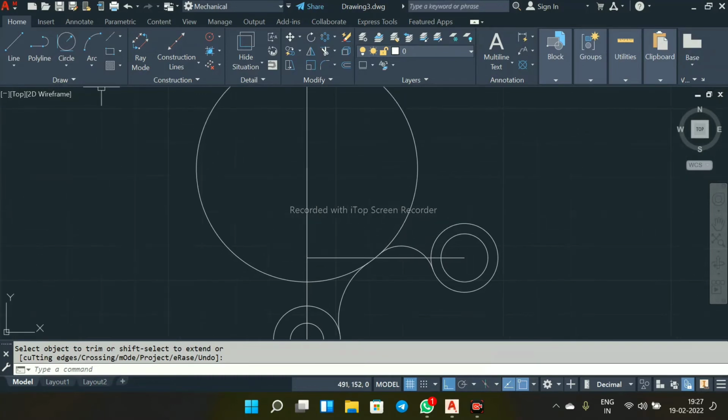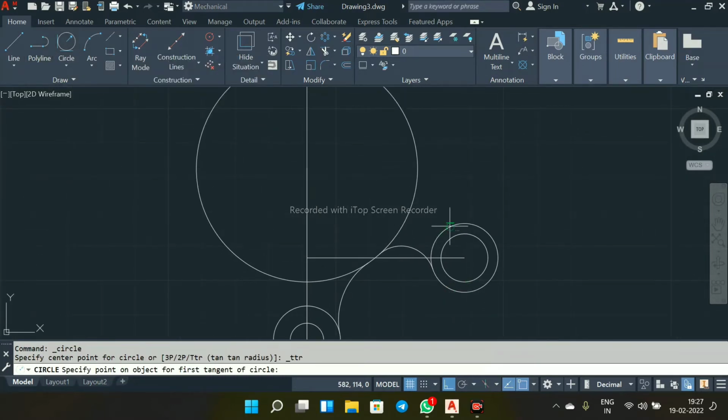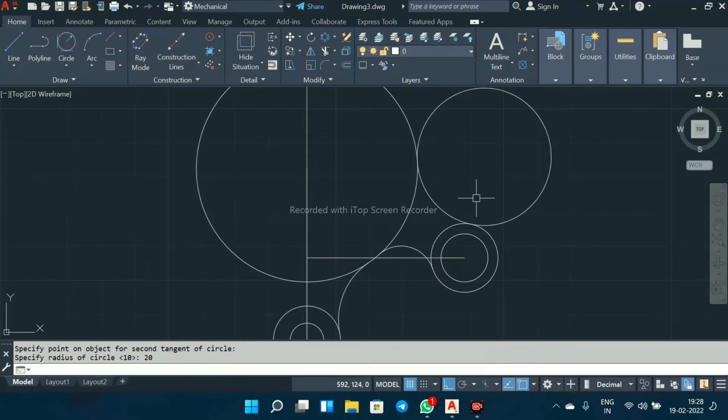Now again we have to use tan radius. Select this point, tangent, and this point. Specify radius as 20 mm. TR, enter.